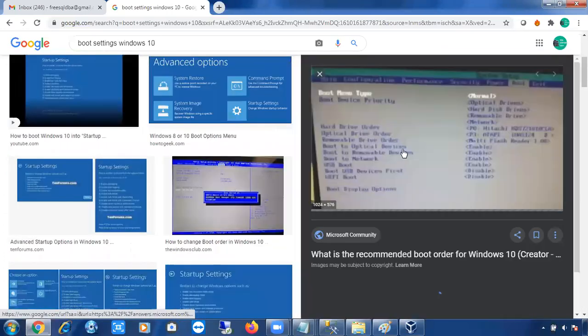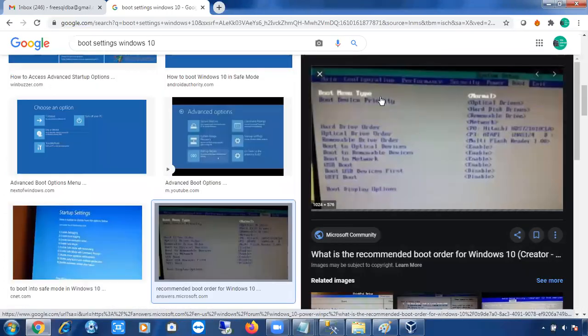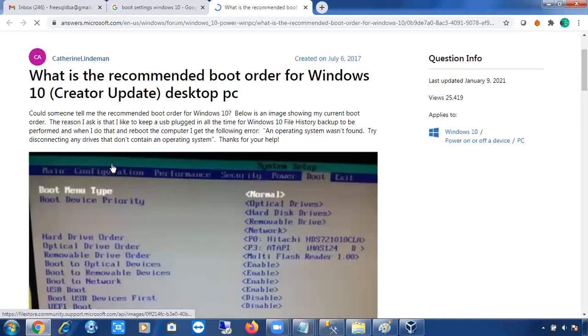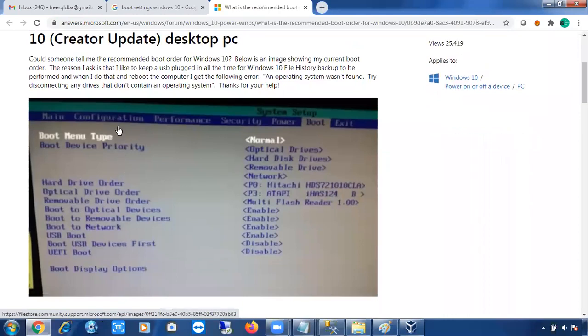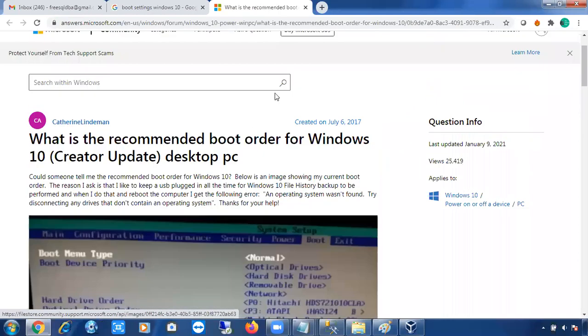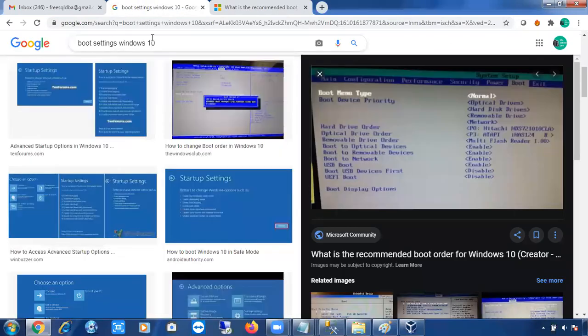So if you see here, there will be one option called configuration, right? It's still loading. Okay, I guess it was loaded. There will be one option called configuration. So in the configuration settings, see here, configuration. If you go to configuration, there will be an option called virtualization. I'll show you that option as well.